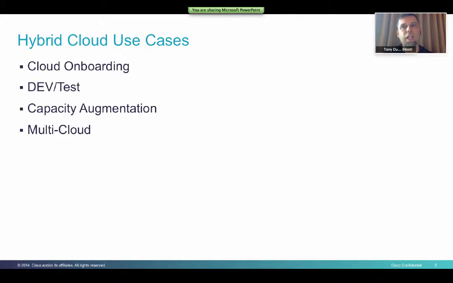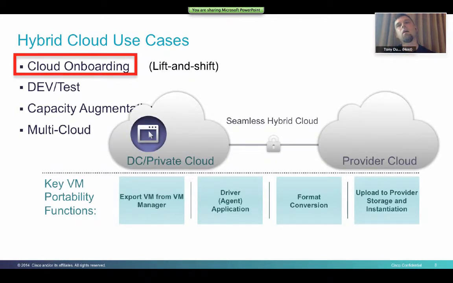And we will look at, from a provider perspective, what is under the hood and allowing for infrastructure as a service to provide a secure tenant environment to extend the customer's private cloud into a shared multi-tenant provider infrastructure as a service. From a cloud onboarding perspective, there's several functions that are orchestrated and automated through the Intercloud Fabric Director